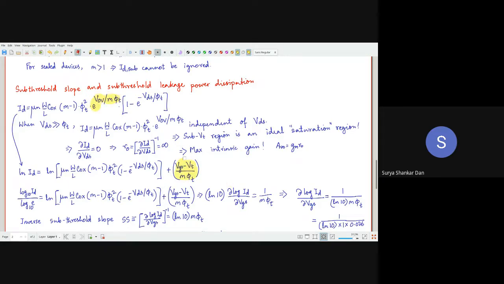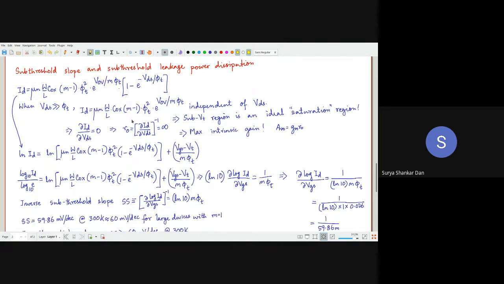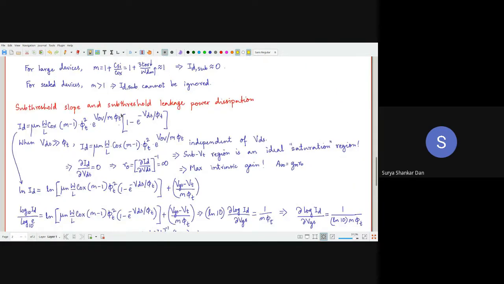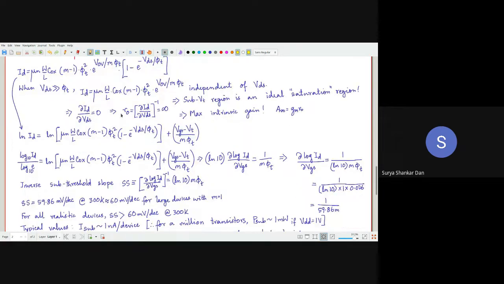Make sense, everyone? Please follow this. This is very, very interesting and very important. I mean, if you can explain this, you get the job directly. Okay? मतलब सच में if you can explain all this ना, आप उसी समय आपको job मिल जाएंगे. ऐसा situation है. You ask your seniors, they will tell you. Okay? So this is VOV by m phi t.